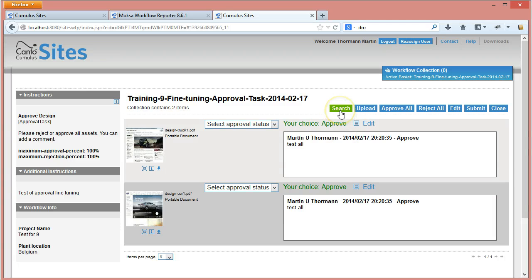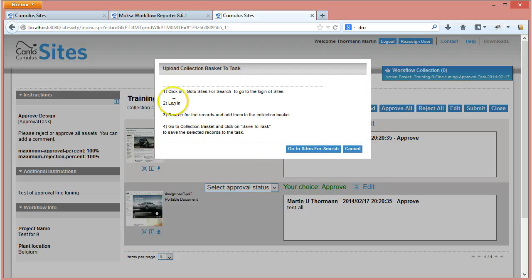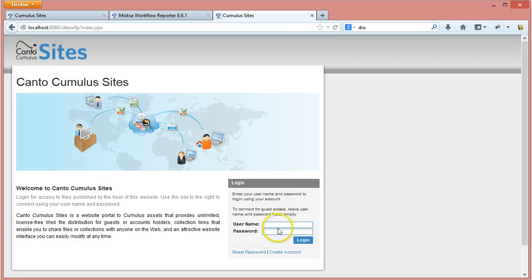Search in Sites will allow you to add records. There's a little explanation with it because it involves a few steps. One of the steps is that it will go to the login of Sites because you will be searching in a complete environment of Sites with all the catalogs that are available to you. So you are leaving at this point Sites, you are logging in to Sites,